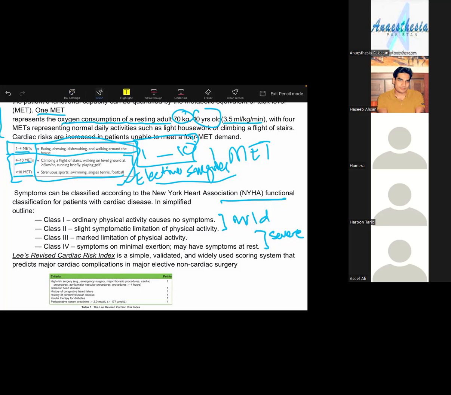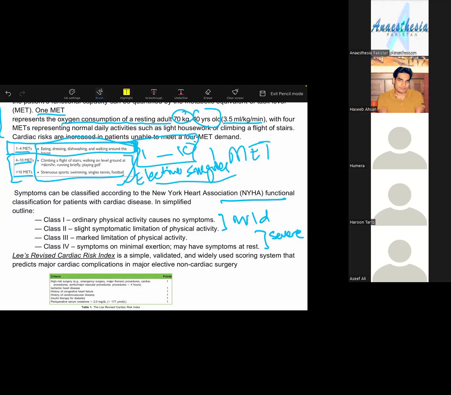Hasib, I am putting a question to you. You have a patient with osteoarthritis. The patient cannot walk. How will you evaluate 1 to 4 METs? For that, you need to do the stress testing. If the patient is symptomatic by itself, or you cannot evaluate because there is some physical limitation, in that case you are doing the stress testing. You are doing either stress thallium or stress echo to see how much